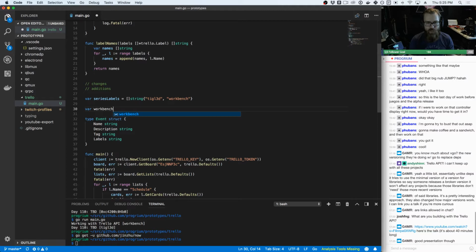Workbench, schedule. This can be a list of dates, I guess, times. Let's see, times are absolute. But it could be just the time and the